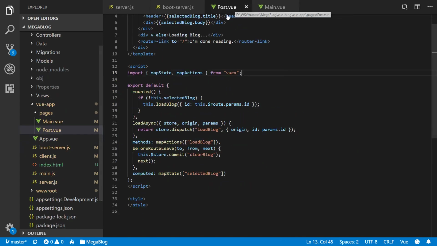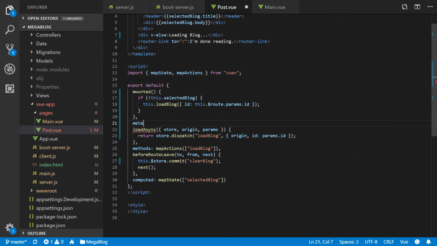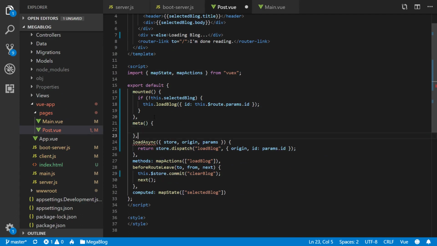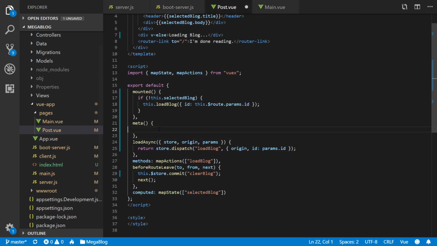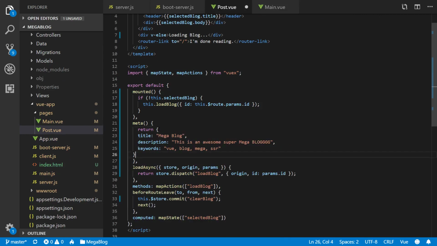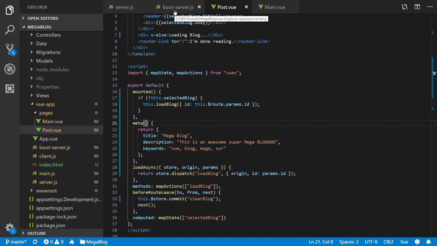So what I'm going to do is go ahead in here, and here I will actually need a function since I'm going to be deriving stuff. And I will grab this object here, and I will need to return this object from this function, like this. Since this is going to be sort of an abstract concept that we're going to be able to pass stuff, and the only stuff that we care about is this selected blog here. And at the moment it only lives in our state, so what we'll need to do is to pass